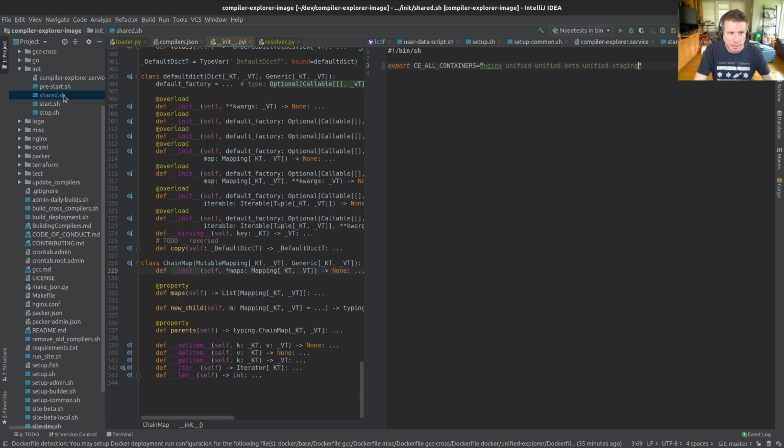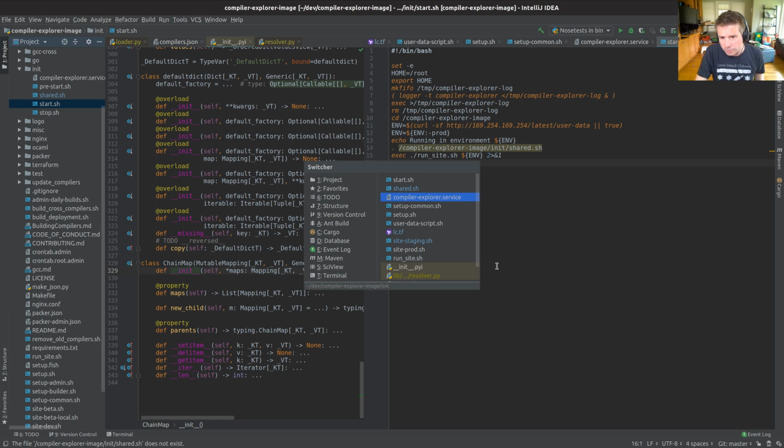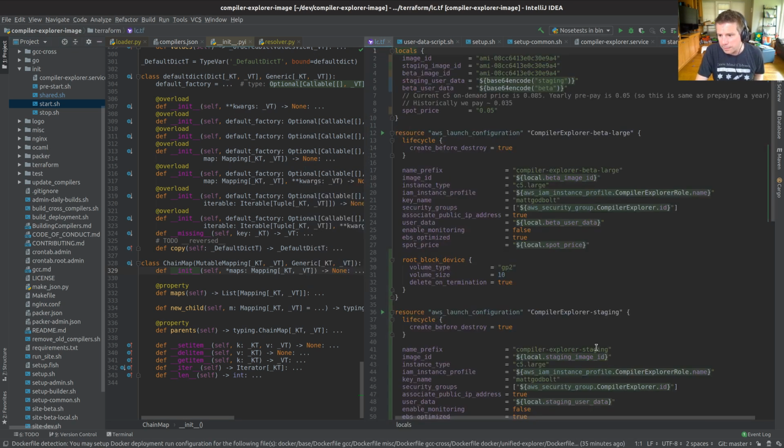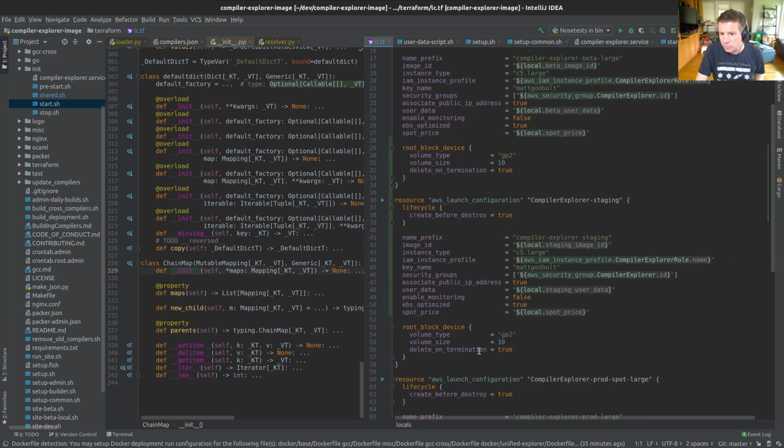So I'm glad we went through this path here. It's a bit mucky. And then we do env equals go and get the user data again, and then we exec run_site with that user data. So that's how the user data, that's the word beta or the empty string if it's prod, gets into run_site. Okay. I think that clears us on the launch configuration side of things. Let's go back. Launch. Beta staging. Cool.